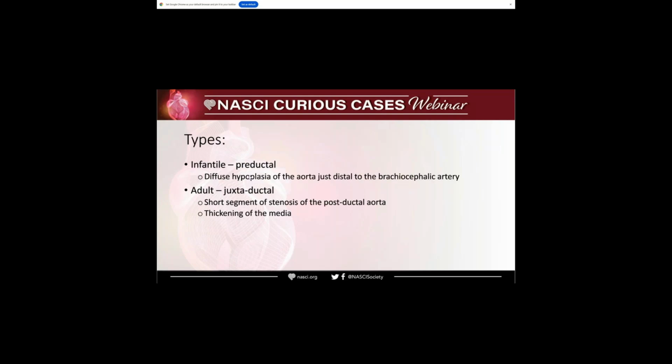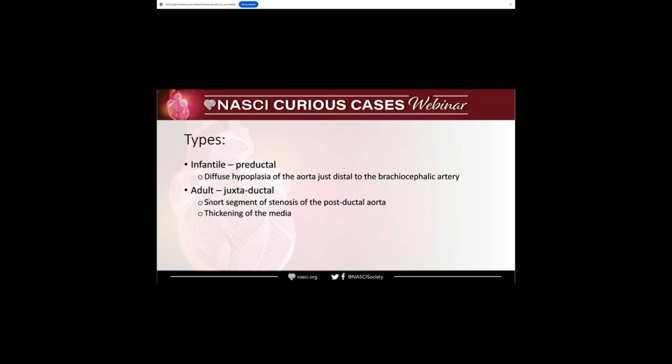We have two types. The first type is infantile and is preductal. So basically we can divide it according to the location. If it's just at the location where the ductus arteriosus connected the aorta and the main pulmonary artery in uterine life. So if it's before that, preductal, we can have diffuse hyperplasia of the aorta, just distal to the brachiocephalic